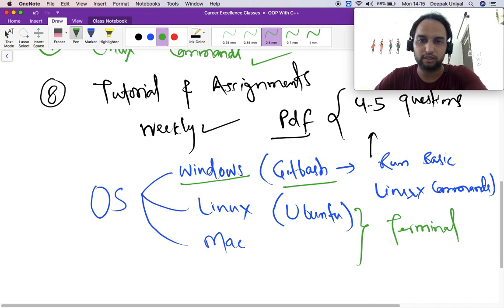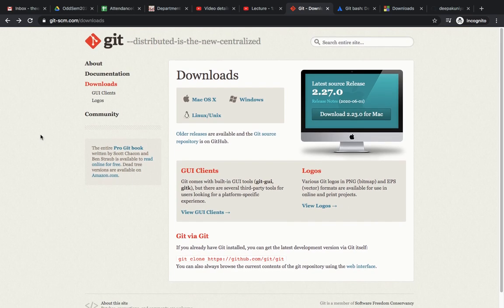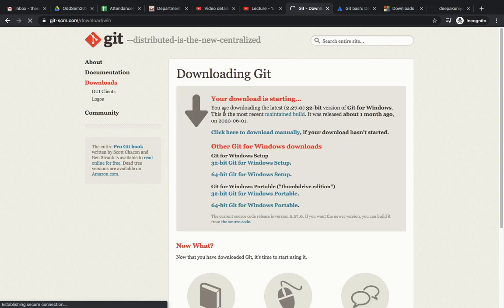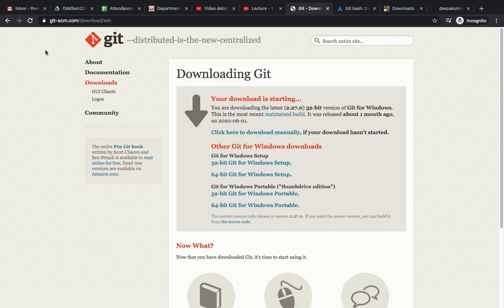So how can you do that? Let me show you. Here is the website and you have Git Bash here, right? So there are different systems, Mac OS, Linux or Windows. What you have to do, you have to just click on the Windows and a software will start downloading. Your download is starting. I do not want to install it or download it, so I will cancel this. But you can install the software from here and start working on that so that you can run some basic